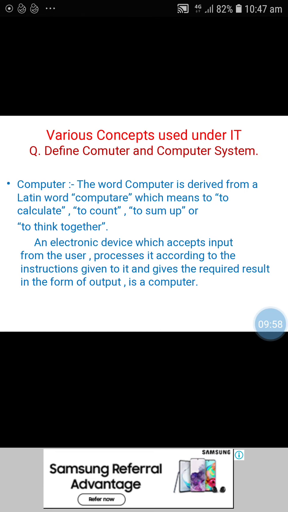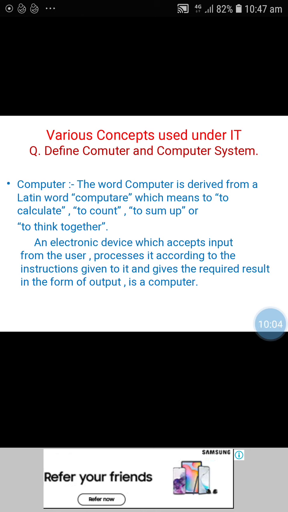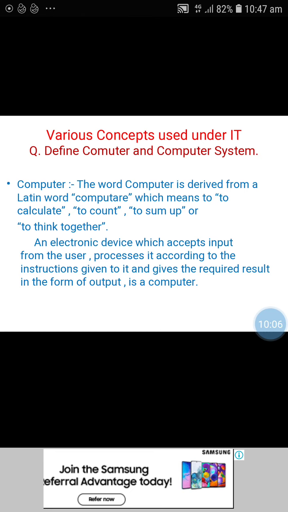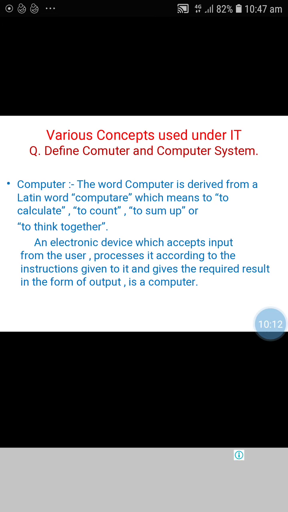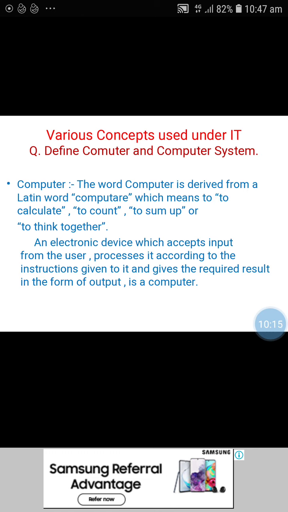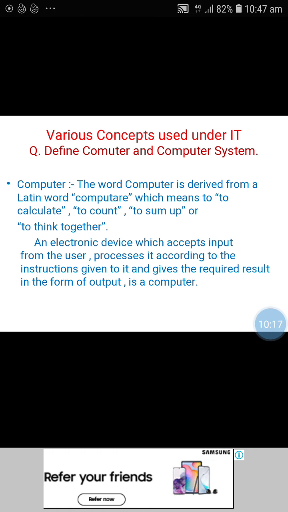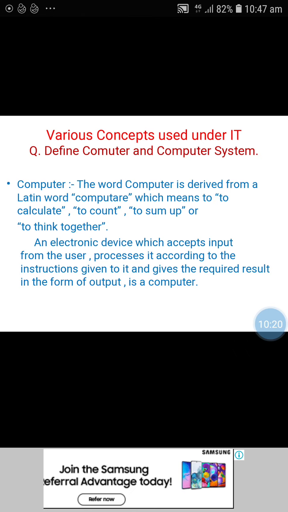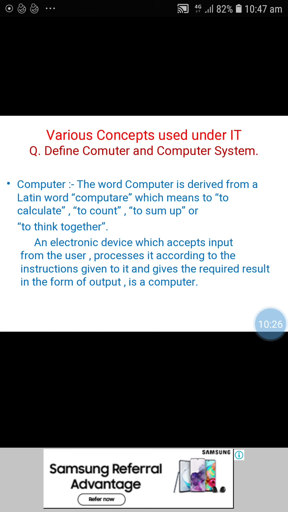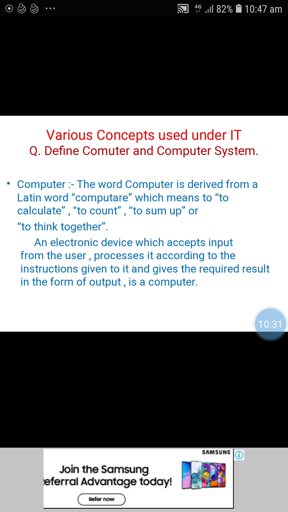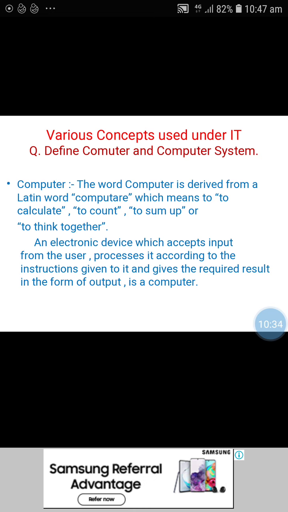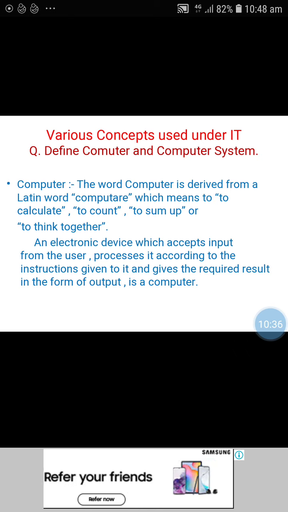Computer. The word computer is derived from a Latin word computare, which means to calculate, to count, to sum up, or to think together.